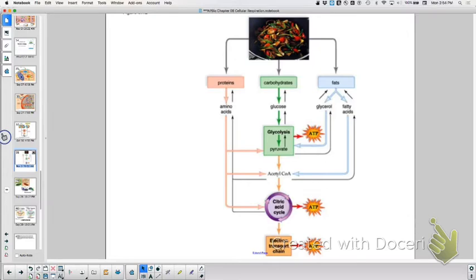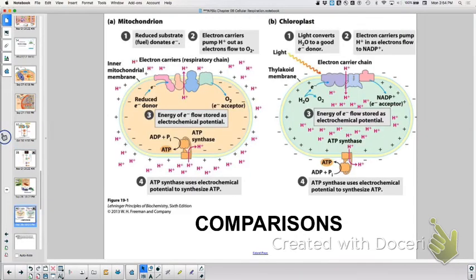If you had 16 carbons in your fatty acid chain, how many acetyl-CoAs could you get out of that? 8, and if you have 3 chains, then that would be 24 acetyl-CoAs. That's why fat has more calories than carbohydrates per unit, right? Per one glucose molecule, per one fat molecule. Okay, and then we compared and contrasted